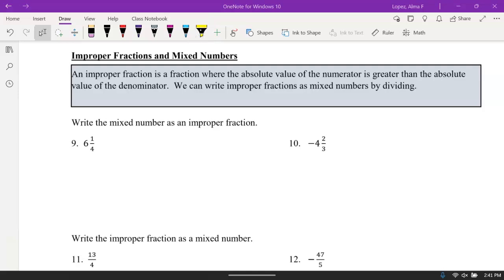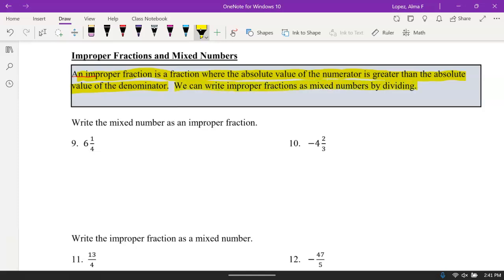All right. In this half, we're going to look at improper fractions and mixed numbers. An improper fraction is a fraction where the absolute value of the numerator is greater than the absolute value of the denominator. And really it means that the larger number is on the top. If we can write improper